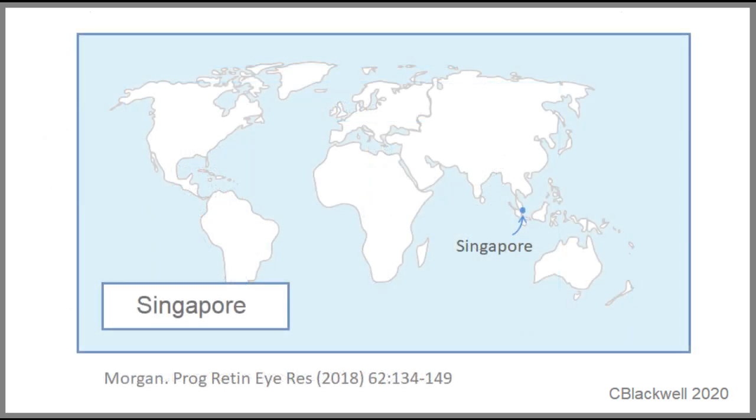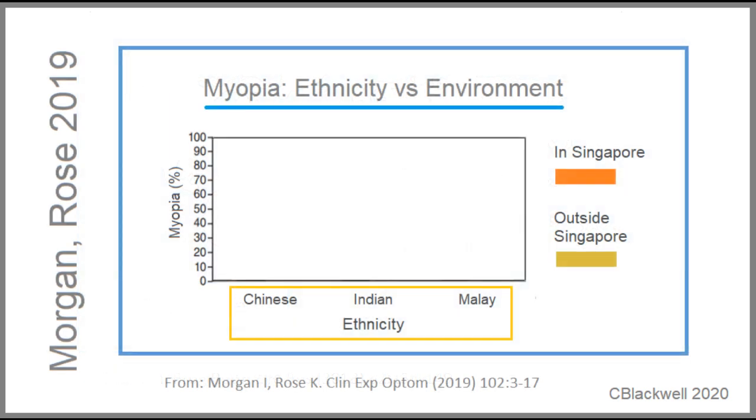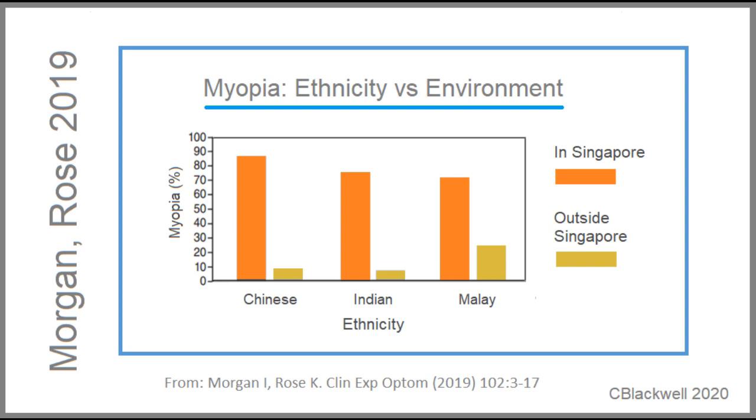One more study on this question, this time focused on Singapore. They compared myopia prevalence among different ethnic groups who lived in Singapore versus the same ethnic groups outside of Singapore. There is a large difference in prevalence extending across ethnicities, with more myopia in the, quote, shared environment of Singapore, close quote, adding to the case for environmental influence.